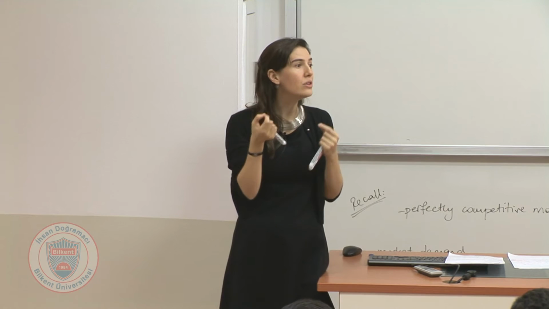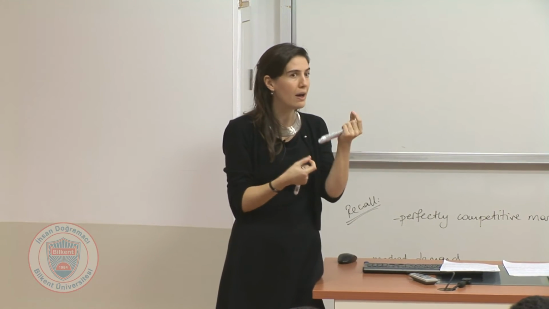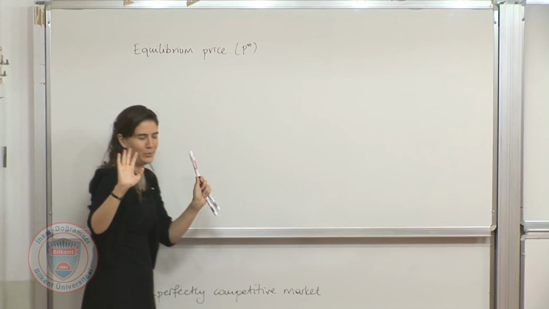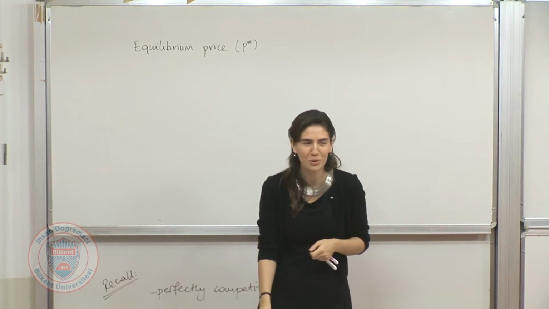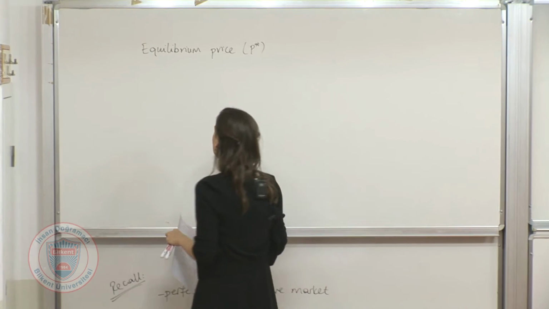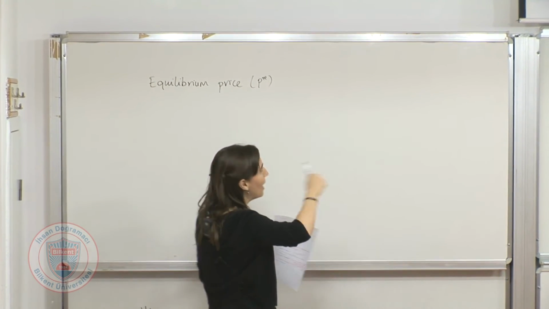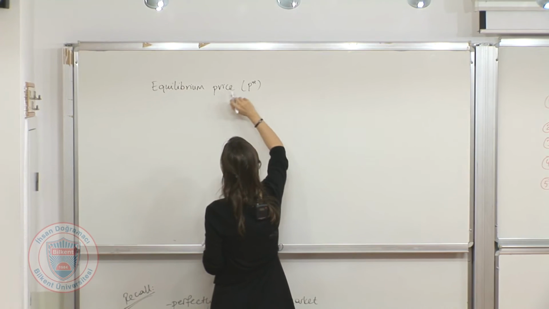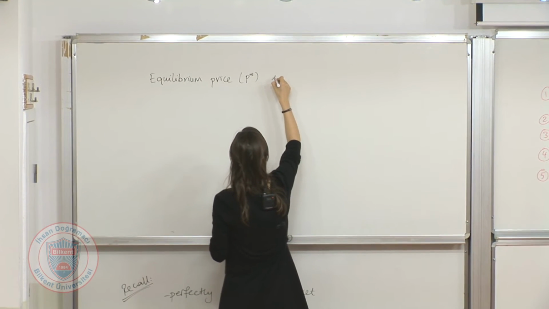What kind of individual behavior lies behind those curves, basically, okay? So now we are achieving our final goal, let's say, and how equilibrium price is going to be determined, okay? Equilibrium price is determined,